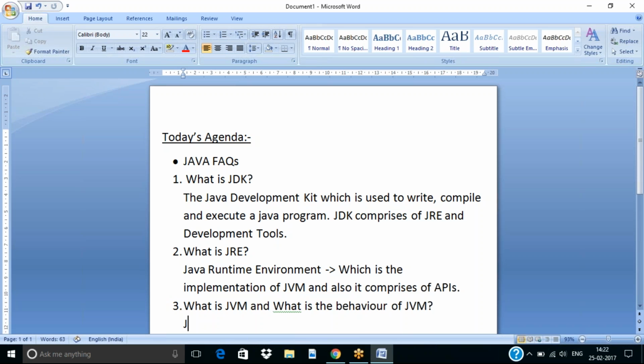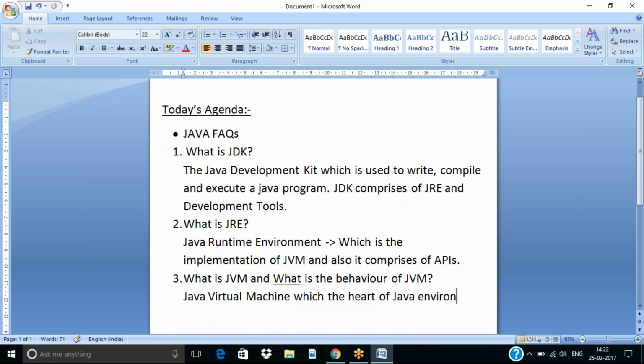Java Virtual Machine, which is the heart of the Java environment. Okay. So the Java Virtual Machine, which is the heart of the Java environment,